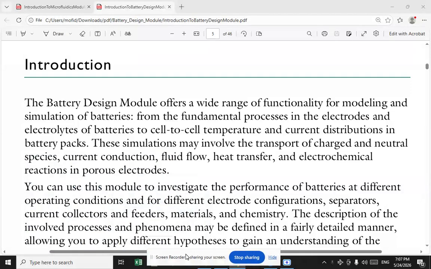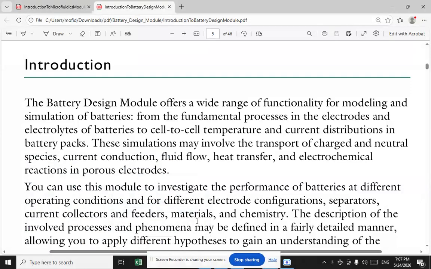In the name of Almighty God, I'm Martha Sankoshi, and today I want to talk about an introduction to the Battery Design Module in Quantum Multiphysics Simulation Software. The Battery Design Module offers a wide range of functionality for modeling and simulation of batteries,